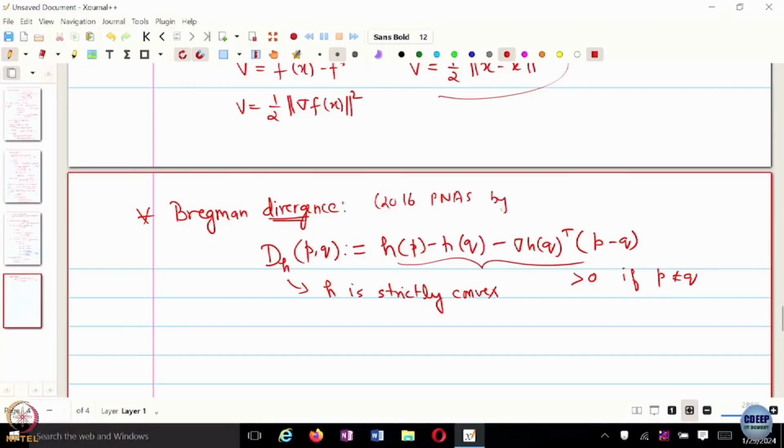Jordan looks at many classes of optimization algorithms in continuous time, but instead of using Lyapunov functions, he uses Bregman divergences to obtain convergence rates. So if you are interested, you can read this particular paper. I think it's titled Variational Perspective in Optimization. I'll also post this paper on course Teams. Okay, so